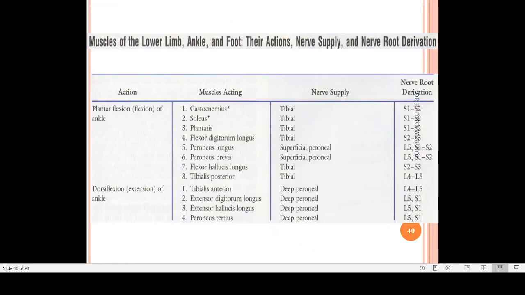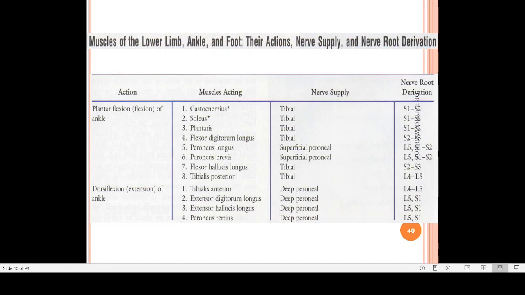Now about the muscles of the lower limb and what actions they are doing. So we know the actions of the foot are basically plantar flexion, dorsiflexion, inversion and eversion. So plantar flexion of the ankle is mainly done by gastrocnemius, soleus, plantaris, flexor digitorum longus, peroneus brevis, flexor hallucis